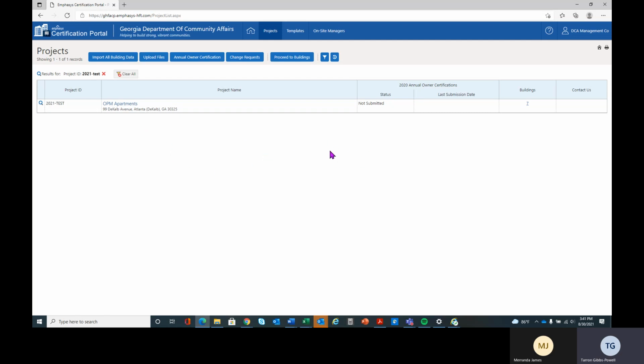And once you're in the project screen, it will give you a list of all the properties that are listed in the system for your particular management company. What you would do is choose the property that you are going to input your unit transfer for. So you're going to choose the property first, and then what you're going to have to do next is go